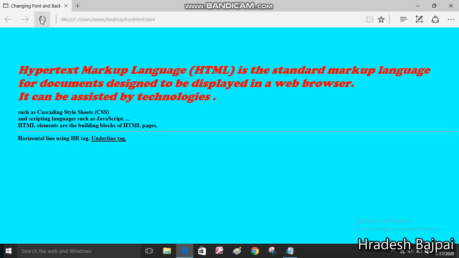Because I have specified left margin 50, the text is appearing 50 away from the left side of the document, and top margin is 100. Normally we set up top and left margin, because we can't specify bottom, because we don't know. If you want to, you can, but normally we specify top margin and left margin. And this is the output of using this.